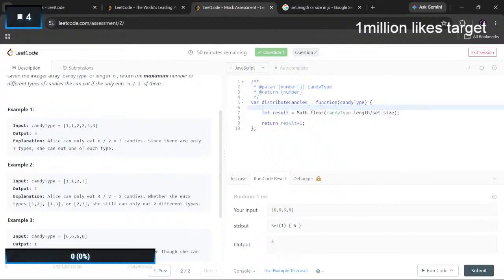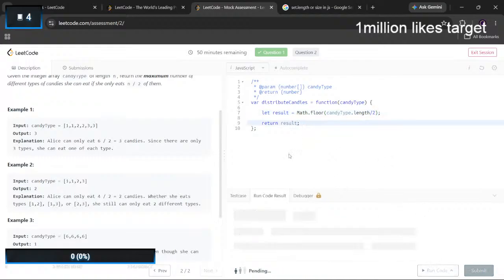So it doesn't matter, you need to really return only the maximum number of.